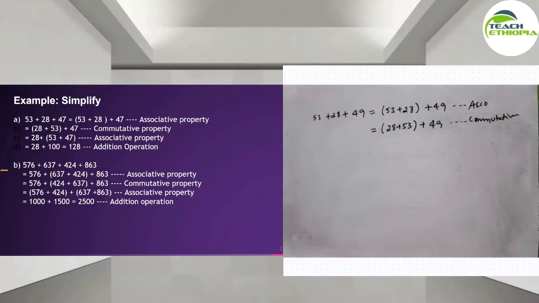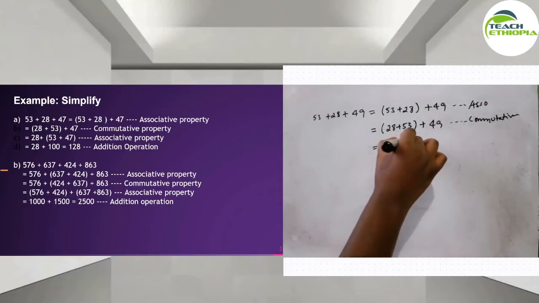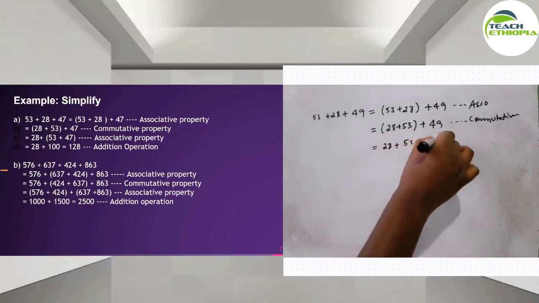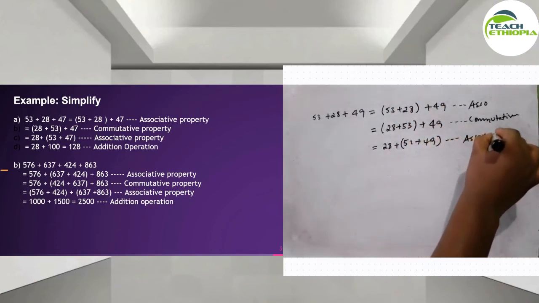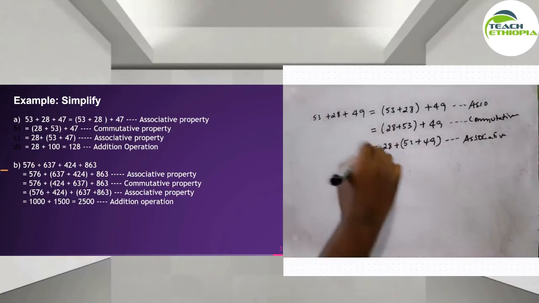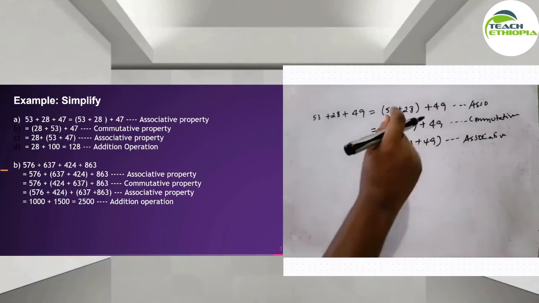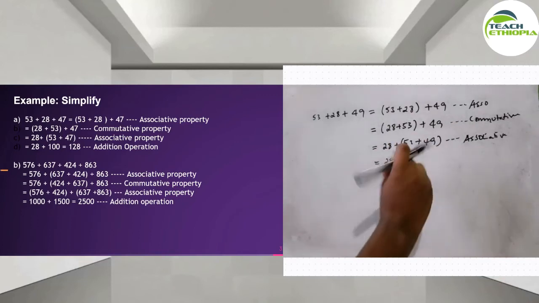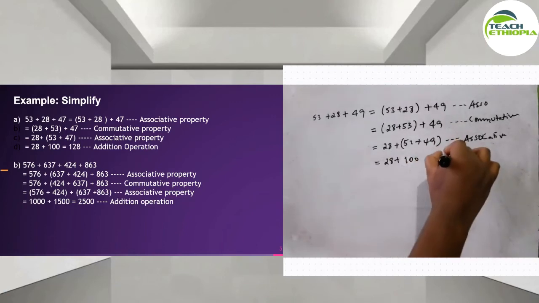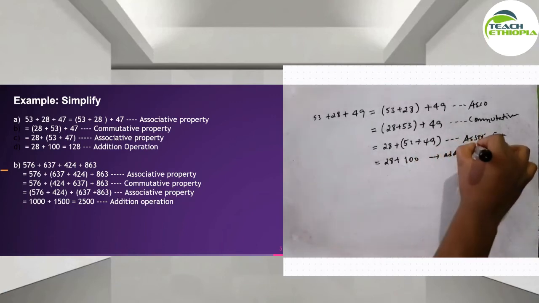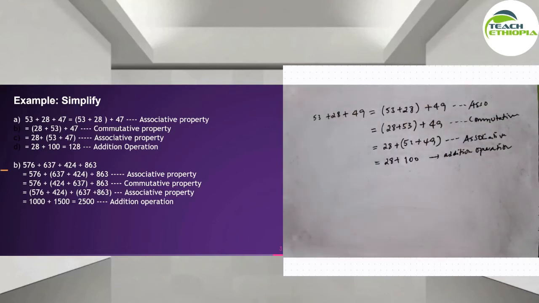By the property of commutative property. Similarly, ይሄኛው 28 plus 53 plus 49 እንዲህ ብንወስደው it's associative property, right? Then we can add operations. So 28 plus 53, this is going to be add direct total, it's going to be 100, right? 100. Then here addition operation ነው ማለት ነው።